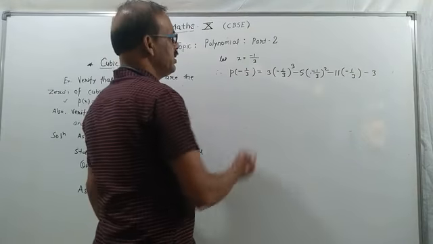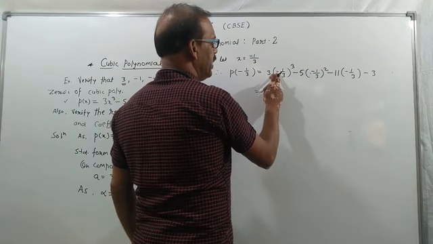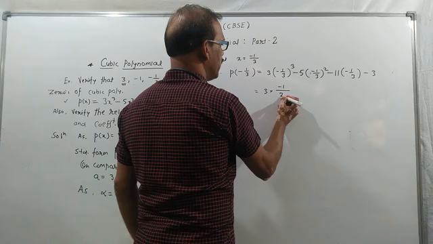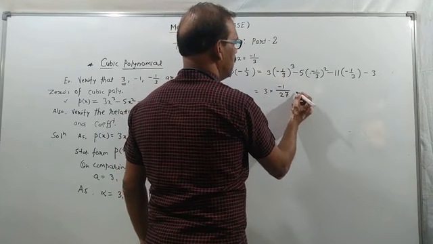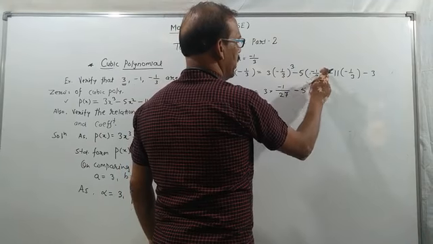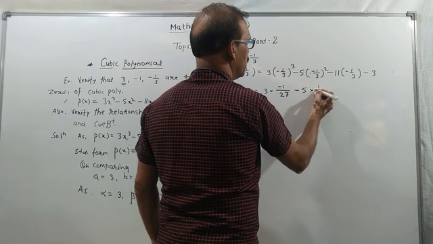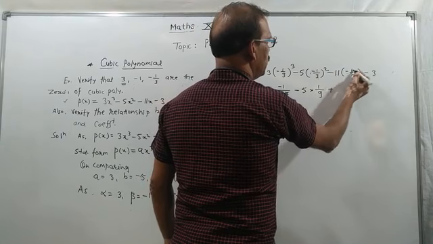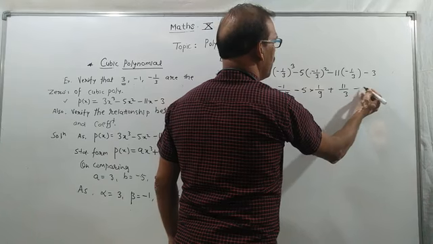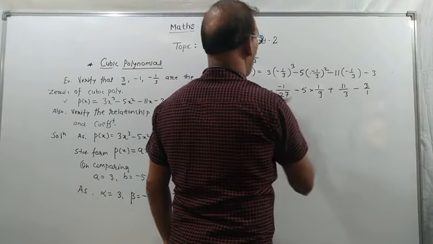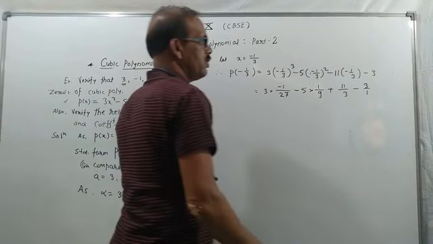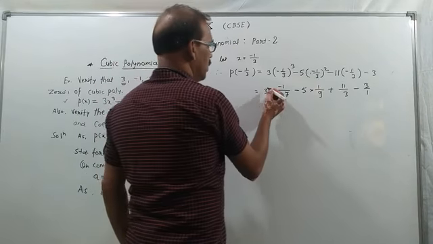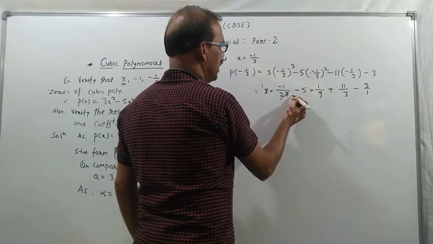Now we solve the right-hand side. The cube of any negative number is negative, and 3 cubed is 27. Minus minus 5, the square of a negative number is positive, and 3 squared is 9. Minus into minus plus 11, twice 11 by 3, minus 3 by 1, because all terms are in fraction form. So we write this 3 as a fraction by taking it over 1. Now cancellation is possible. 3 ones are 3, 3 nines are 9.